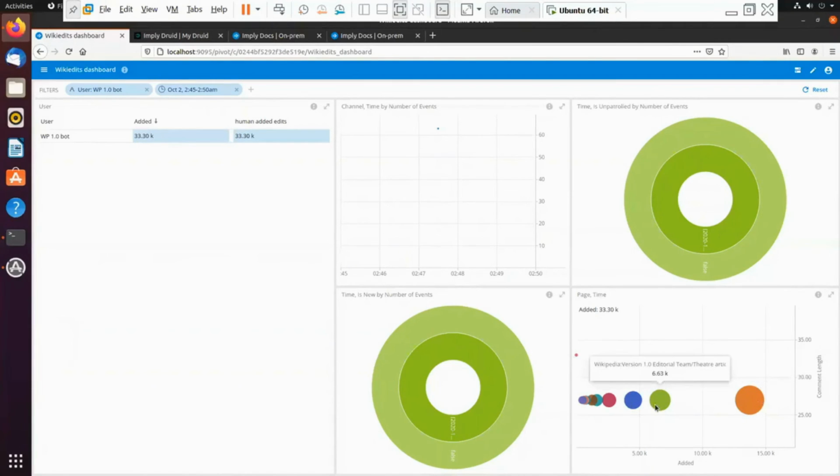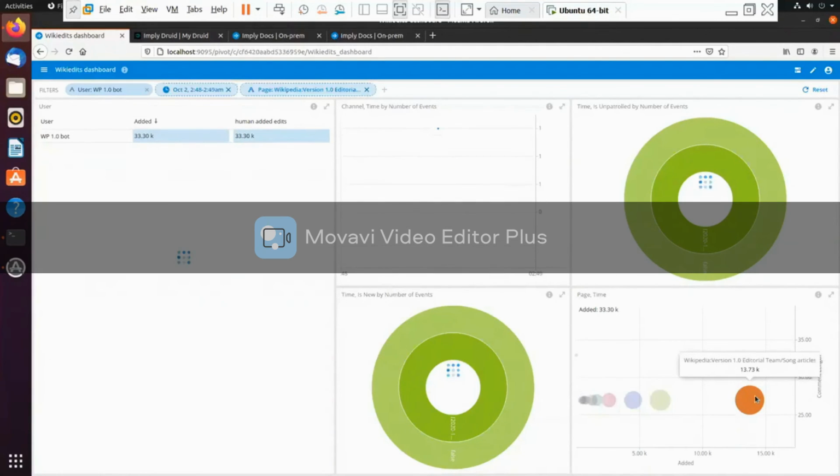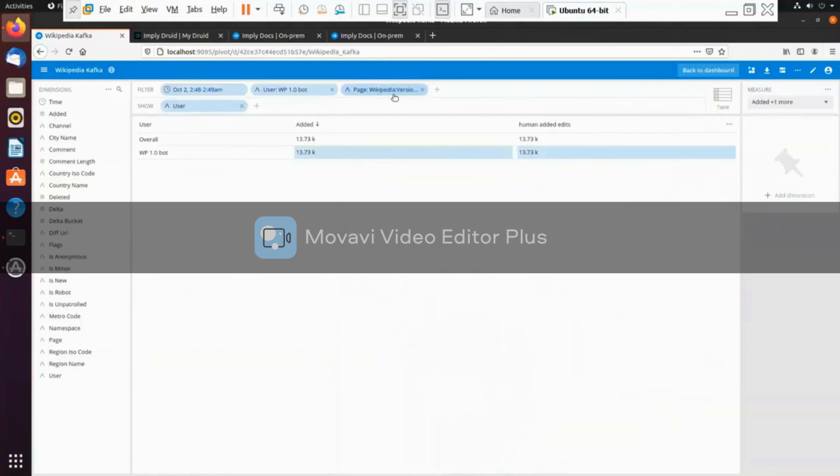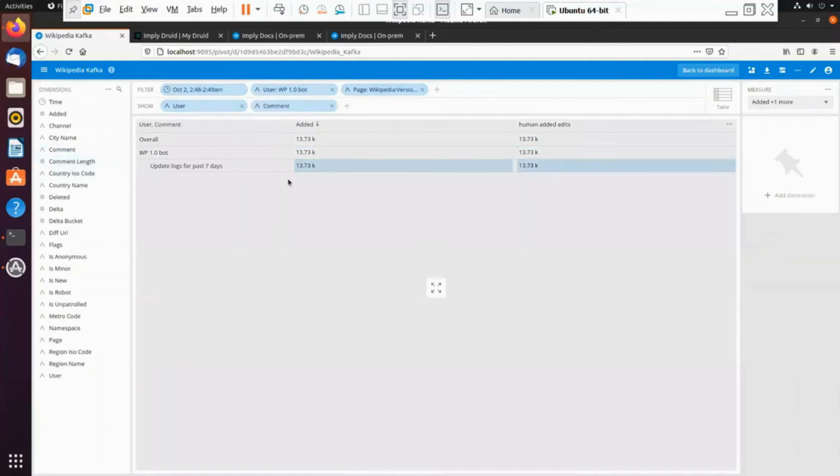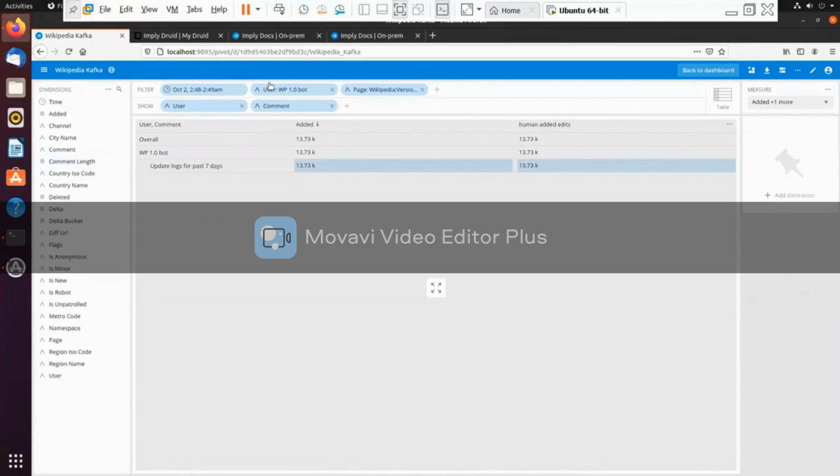So if I click on this page, which is Wikipedia version 1.0 editorial team songs articles, and then I maximize this, we see the filter with page, user, time, and then I will show you what comment he made at a particular time. You see that he updated the logs for the past 7 days. That's why he is not adding new data but only updating it.